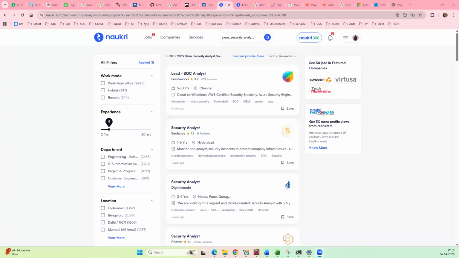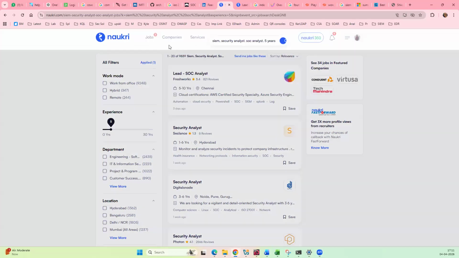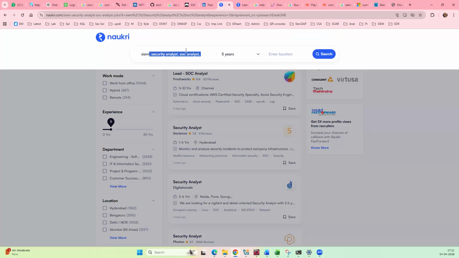Okay, so today we will see how to apply for jobs on Naukri and other platforms, like LinkedIn, for SOC analyst and admin positions. First, after logging into Naukri, you see the search option. Here you can type SIEM, SOC Analyst,